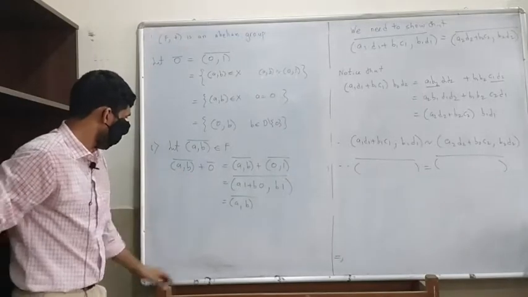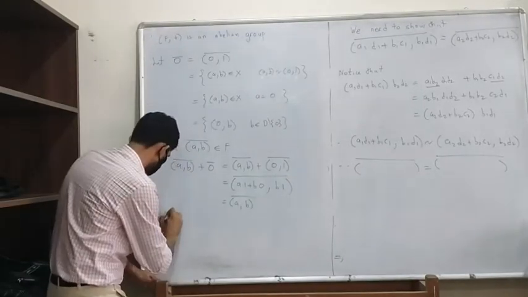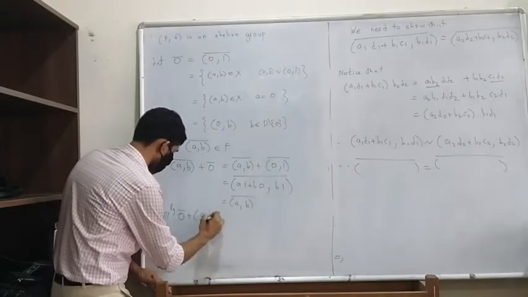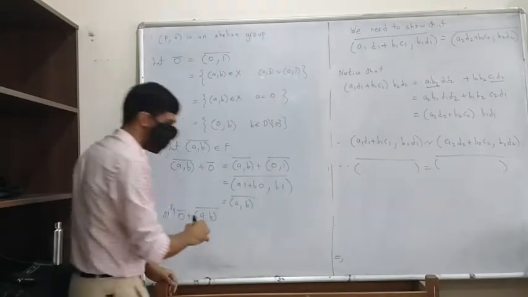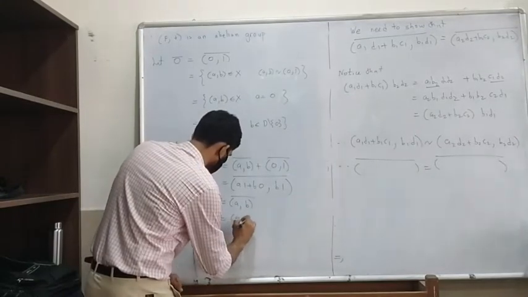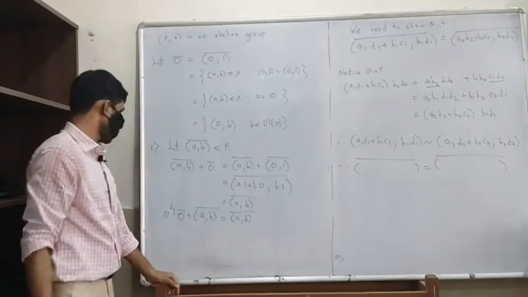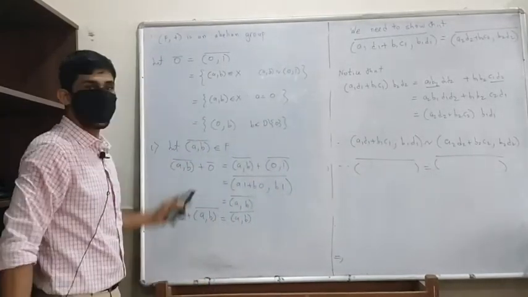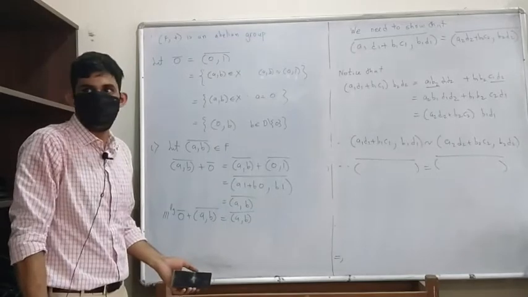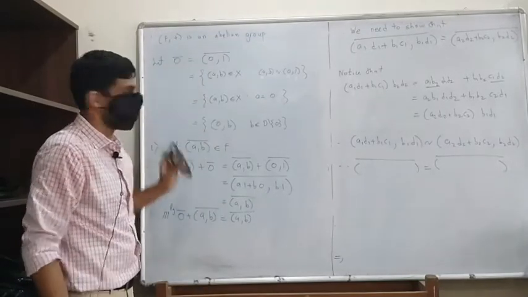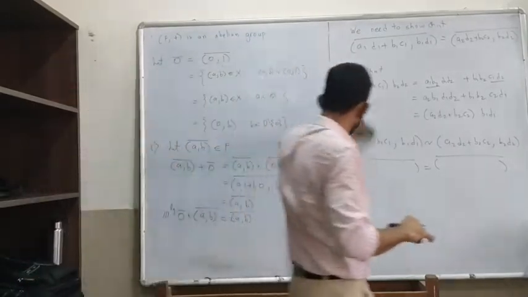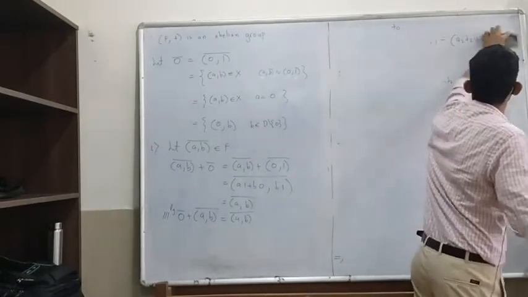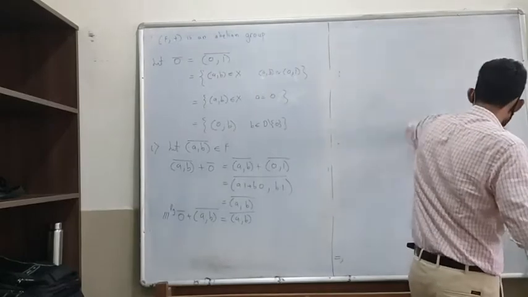Similarly you can prove the other side, or I don't actually need to prove it because I will be proving that this is abelian. So that's fine. Therefore 0 is the identity element of this group. I have not yet shown it's a group, but of that algebraic structure. Okay. Once I have this,